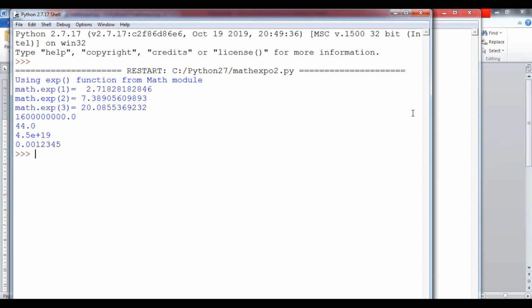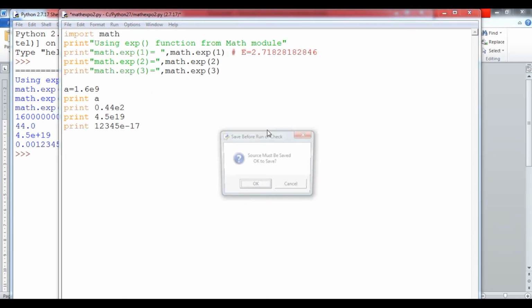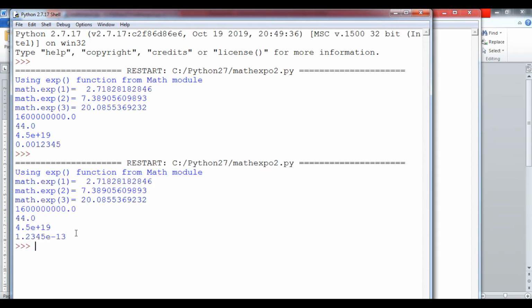So I will try to do that, students. Suppose minus 17, so this time you can see this will come: 1.2345 e to the power minus 13, because after the reduction of the decimal point it has come like this.